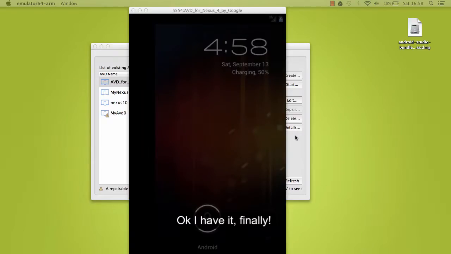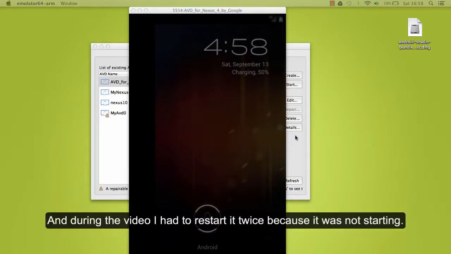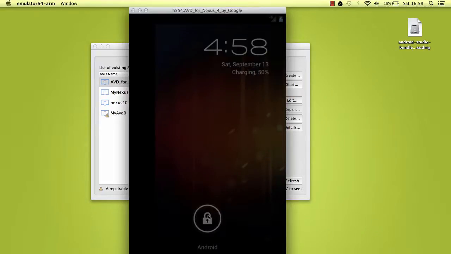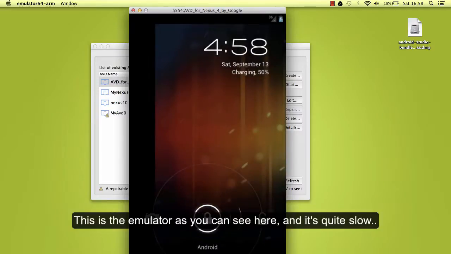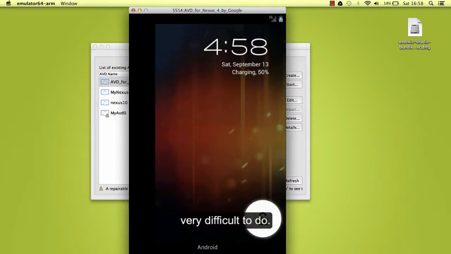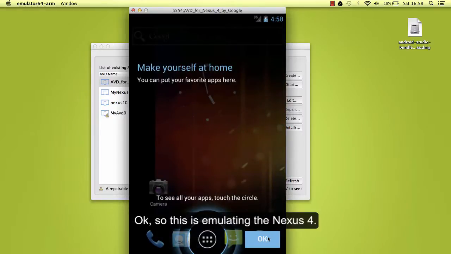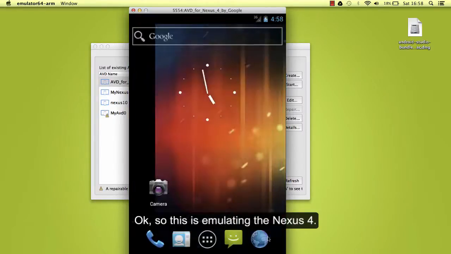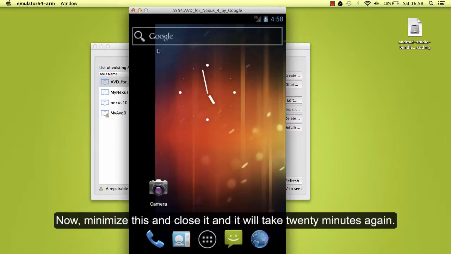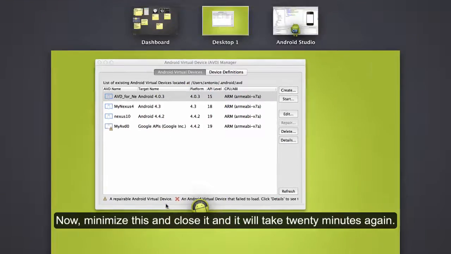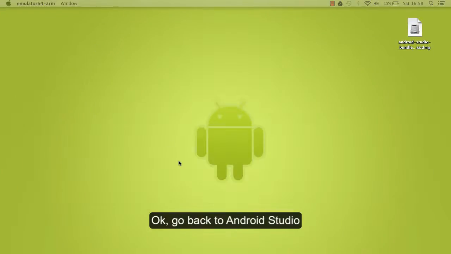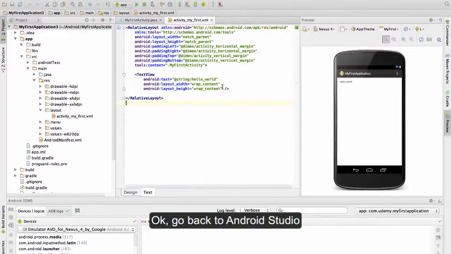Okay, I have it, finally. During the video, I had to restart it twice, because it was not starting. Okay, it's the emulator, as you can see here, and it's quite slow, very difficult to work with. Okay, so this is emulating the Nexus 4. Fine. Now minimize this, don't close it, or it will take 20 minutes again. Okay, go back to Android Studio, and now click on Launch again,